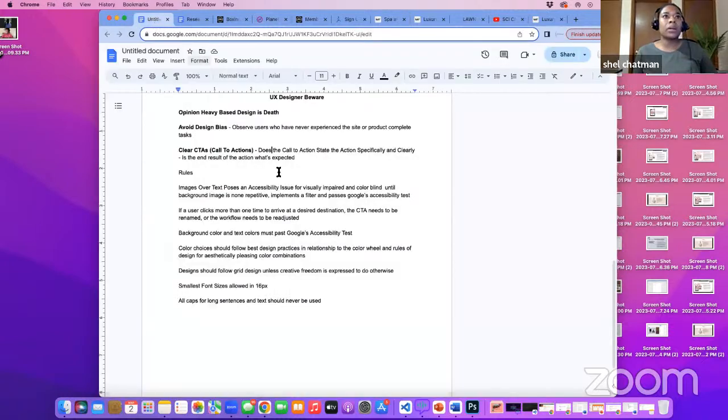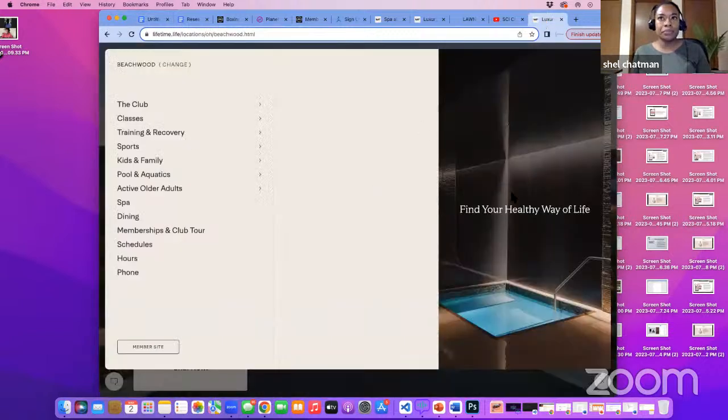Going back to here where we talk about there are certain rules. There are rules that are not subjective. Images over text is not allowed unless the images don't repeat and unless there's a filter so that we don't have contrast issues. So when we go back to here, you see how they have a filter? They have a filter over the image, so I don't have a problem reading this. When we go here,